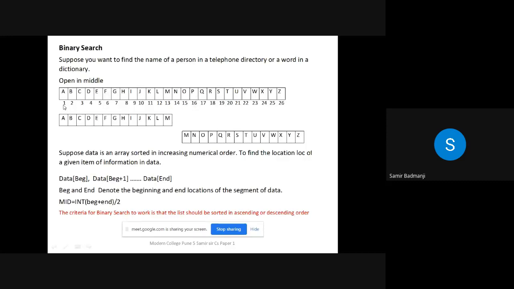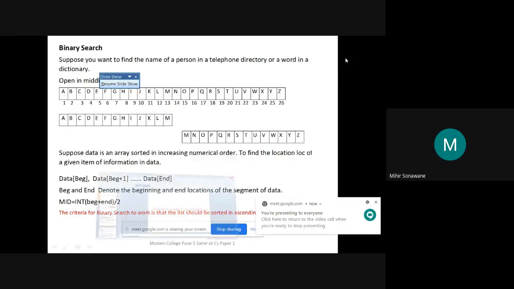Now see, I have started from 1, but by default in the array, which is the first element? It starts with which number, 0 or 1? Zero.